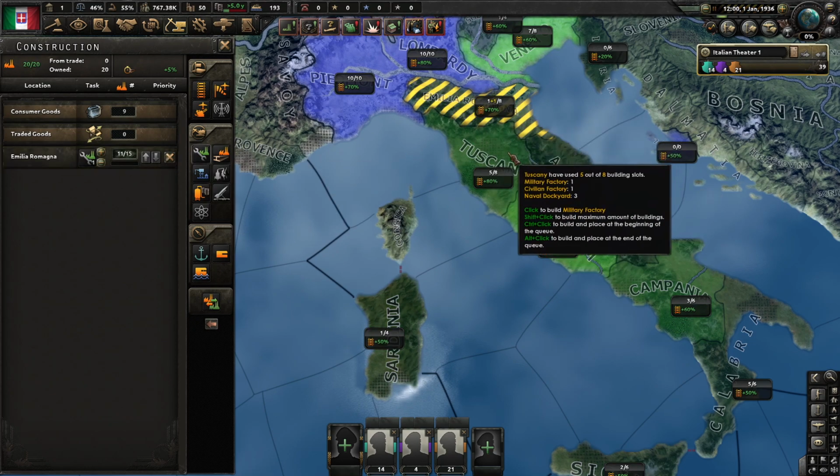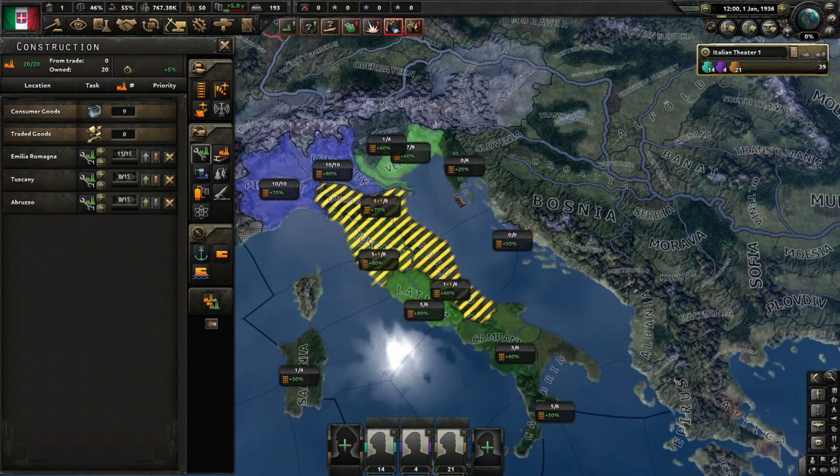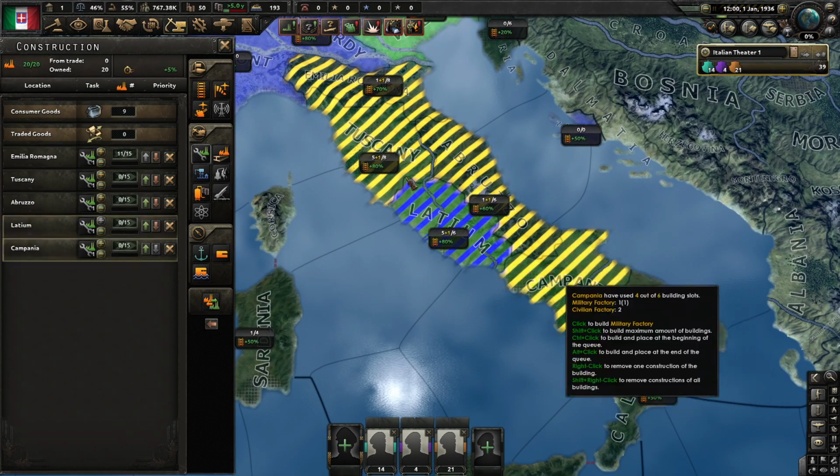Military factories. Right now Italy has an okay amount of civilian factories. You will conquer countries that are building civilian factories, so we don't have to build any of our own. So I say for Italy, just build